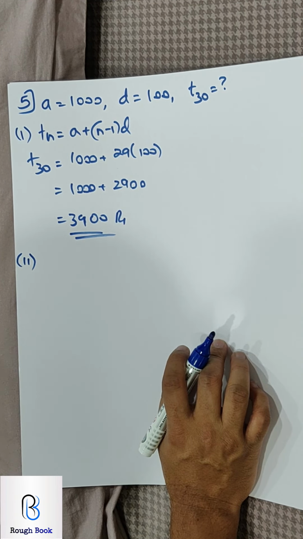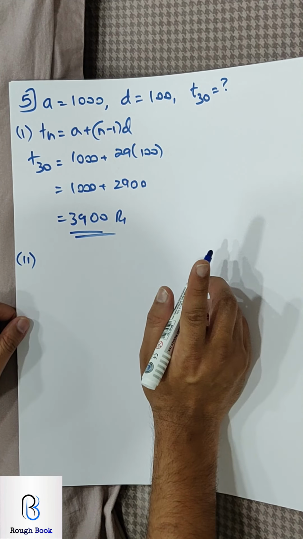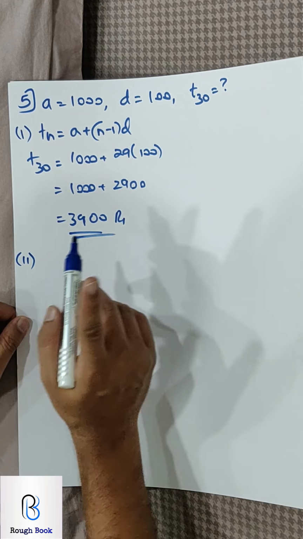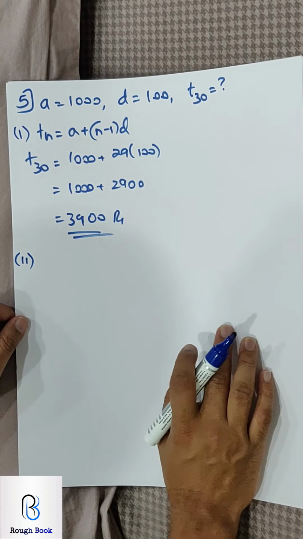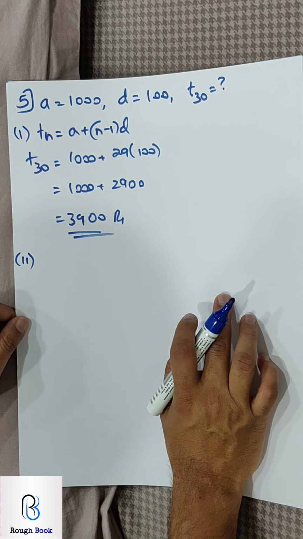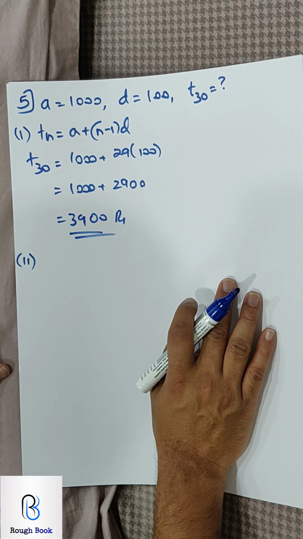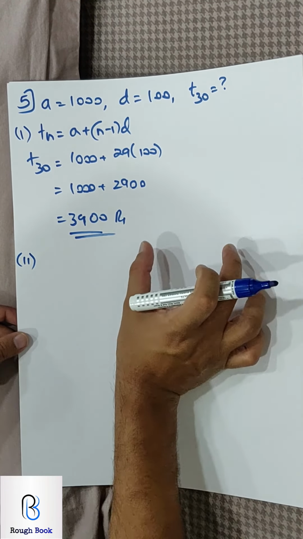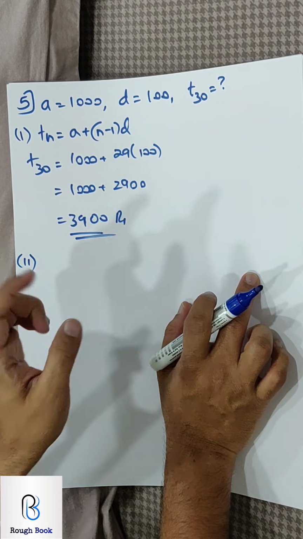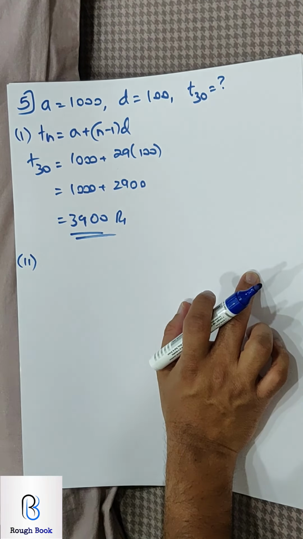What amount of loan she still has to pay after the 30th installment? So she had taken a total loan of 1,18,000. Many of you all must have taken 1,18,000 and subtracted this, because that's the 30th installment, and you must have got your answer as 1,14,100. That is absolutely wrong. Then what is the correct solution? Now the question says what amount of loan she still has to pay after the 30th installment. That means she has paid 30 installments, not only the 30th installment, all the 30 installments.